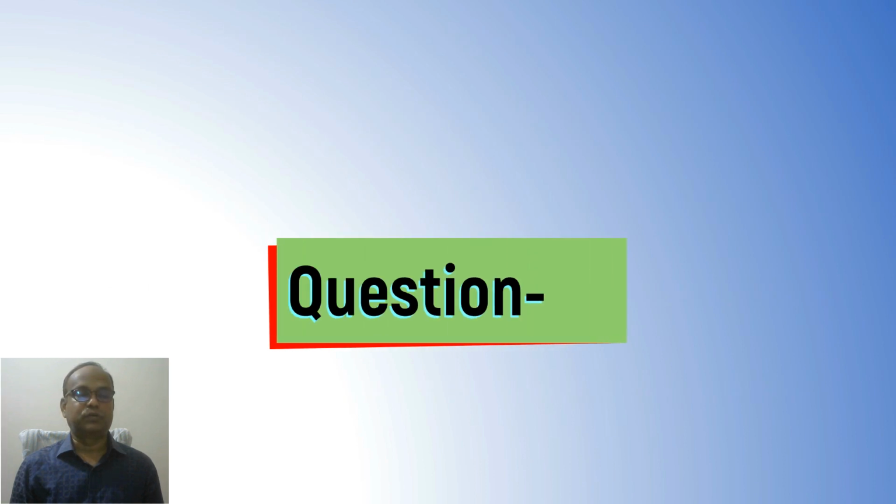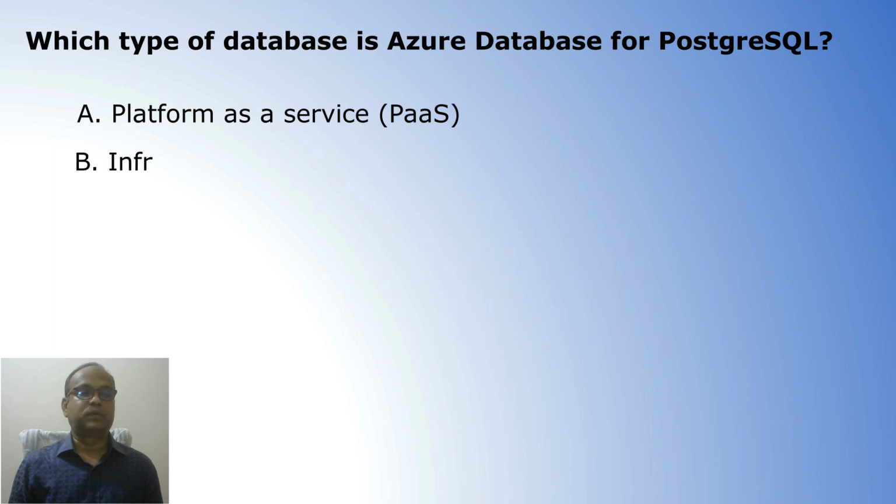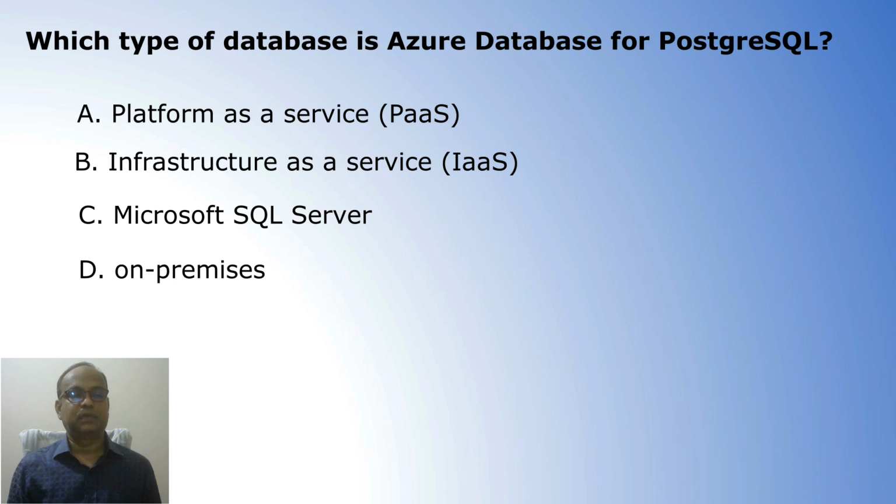Next question. Question number 49. Which type of database is Azure Database for PostgreSQL? Option A. Platform as a service, PaaS. Option B. Infrastructure as a service, IaaS. Option C. Microsoft SQL Server. Option D. On-premises. Answer. The correct option is platform as a service, PaaS, because Azure Database for PostgreSQL is a